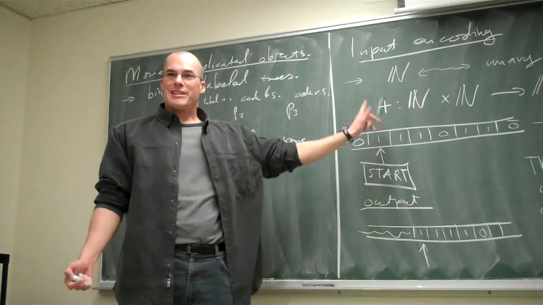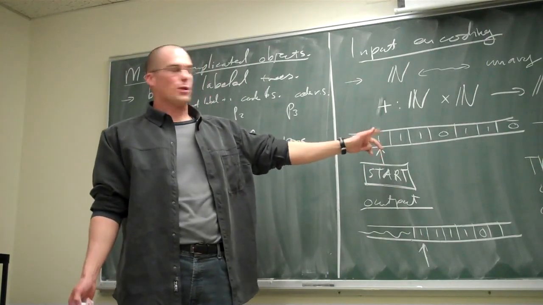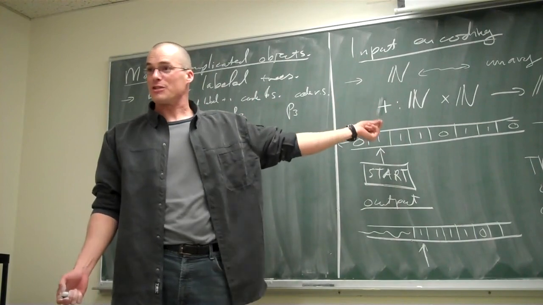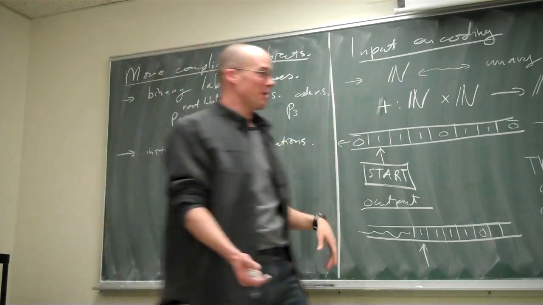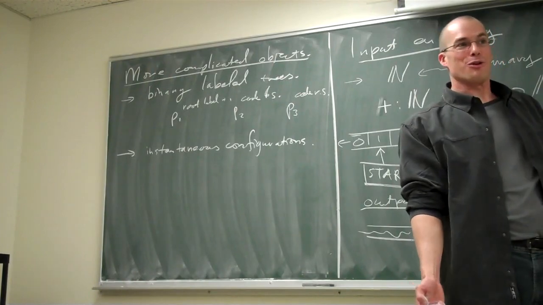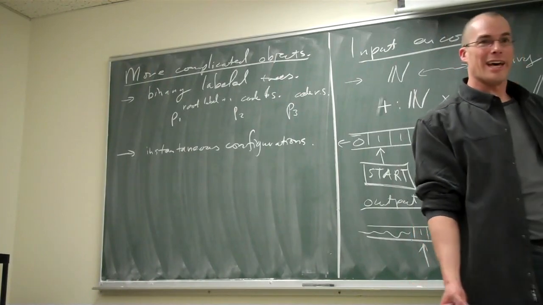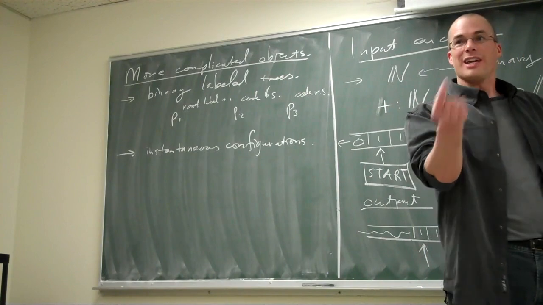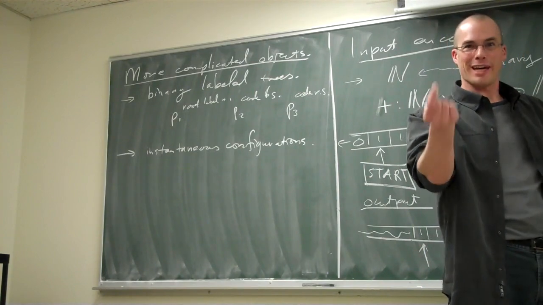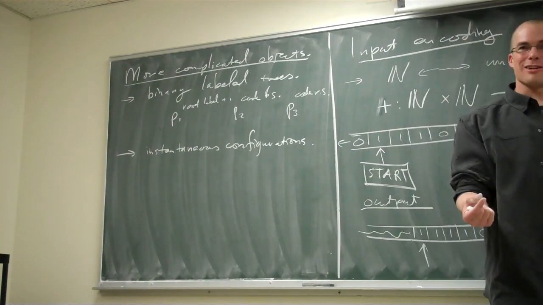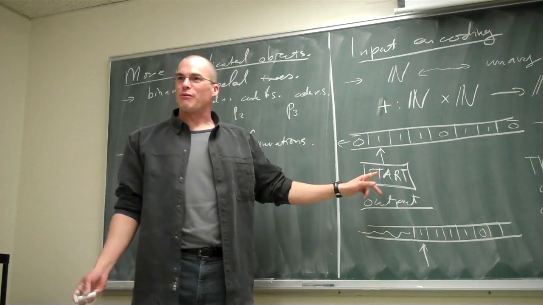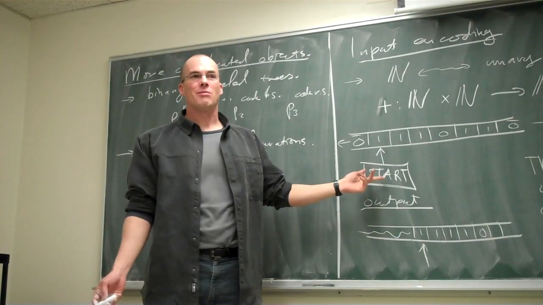Then there is the head location, where the head is located, which is again an index of a cell on the tape, and an index can then be added on, maybe to the head of your finite tuple. So the head of the tuple is the index of the head. The other indices are the locations of the ones on the tape. And then there's one more thing, which is the current state.